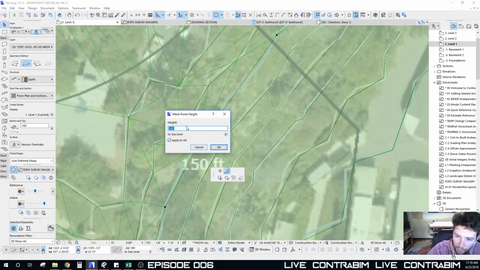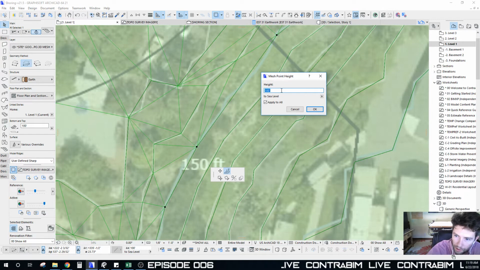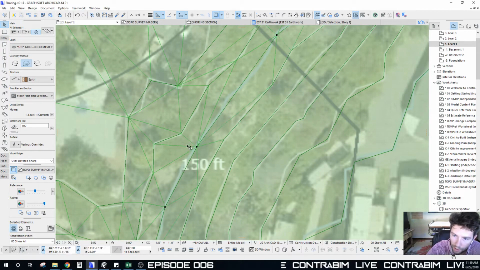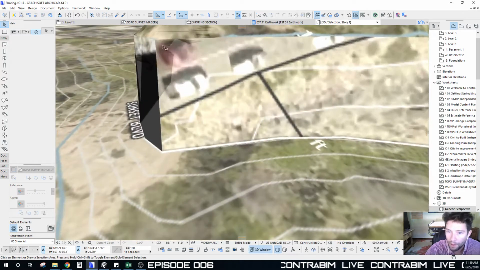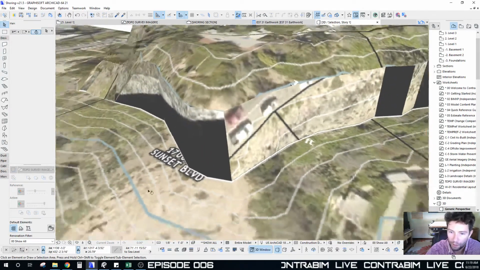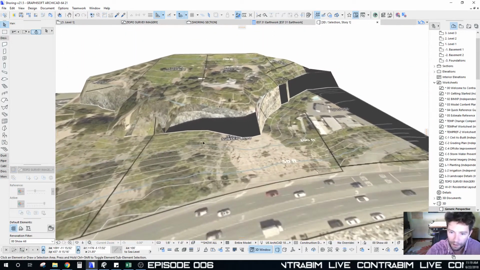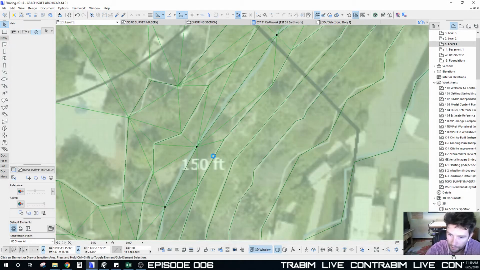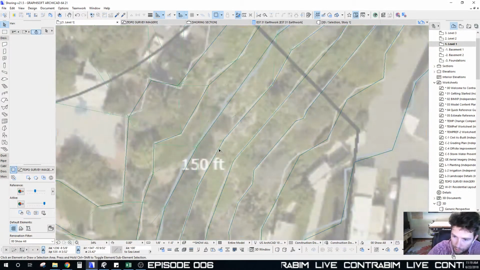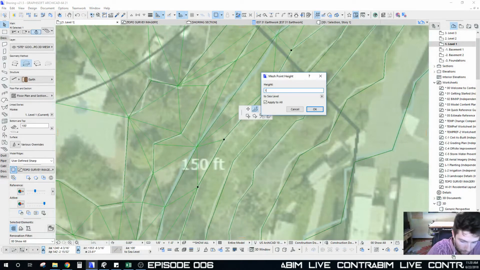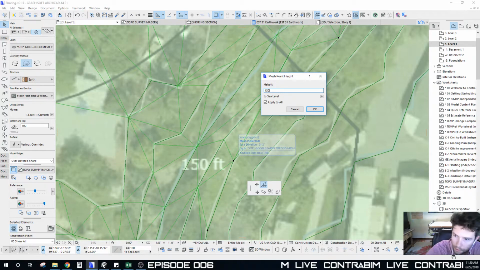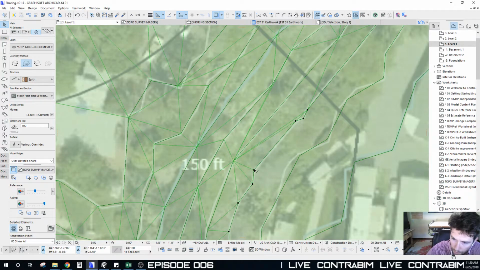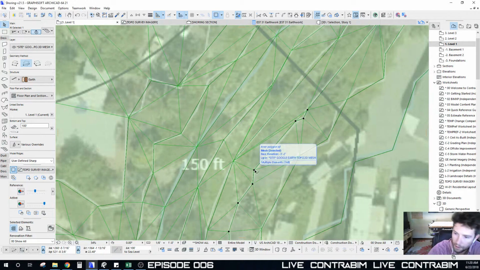So when I click on 150, we can see that right now it's still set at 100, but as soon as I click on 150 here and assign that elevation, it's creating a slope between that 150 mark and the next topo line, which in this case is 140. So let's keep going with this. 140, 130, 120,